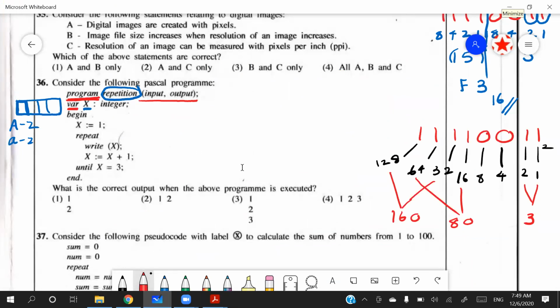So the first letter is going to be a character, and the rest of the things can be a character, can be an underscore, and can be a number, which is from 0 to 9, right? So remember that. So very simple questions can be asked from this particular place, right? Okay, then after